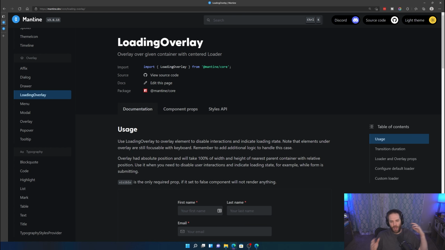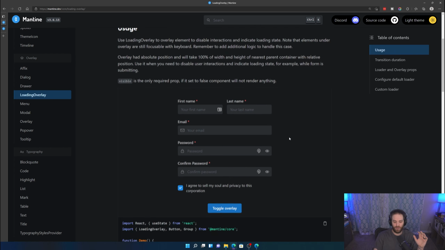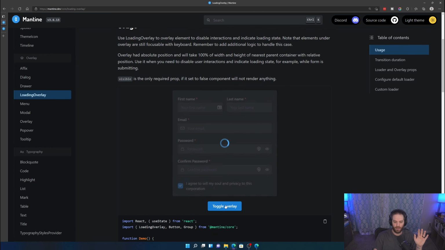And it becomes this kind of battle between, how do I stop this from happening using a modal and also present something nicely? Well, they have this loading overlay, which I'll give you an example right here. As you can see, we now have this disabled and we can't actually do anything inside of here. And it is doing a spinning loader.